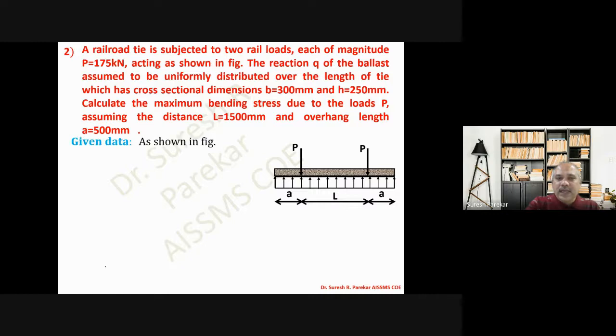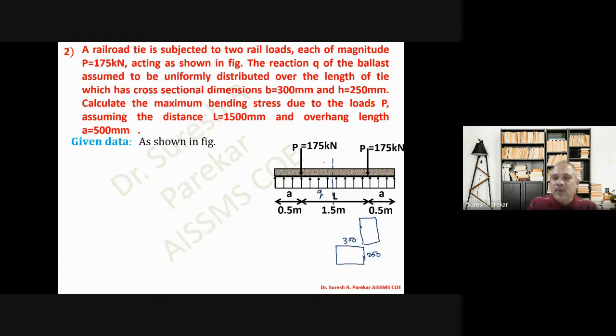Now the given data we have 175, 175.5, 1.5, and if we see, we have this as a rectangular section, and with B we have now 300. So we have it a little bit like this. B is larger, so this is 300, and we have this as 250. Now, the maximum bending moment will be at the center. But we have to find out this intensity Q.